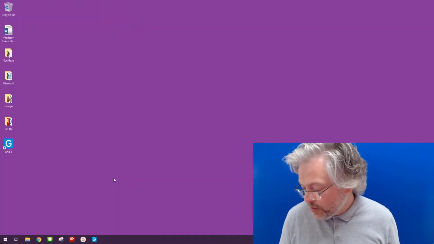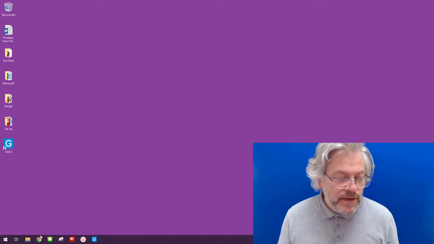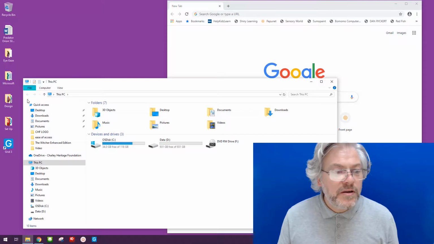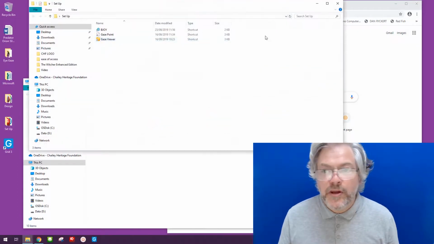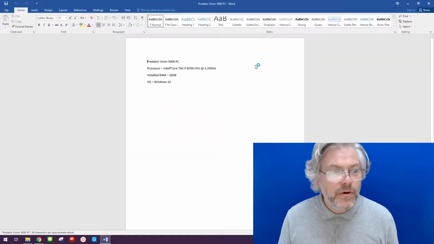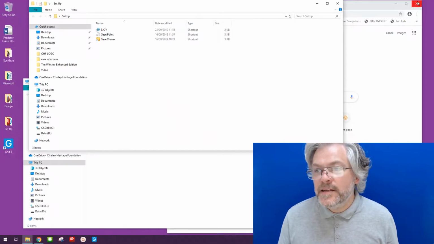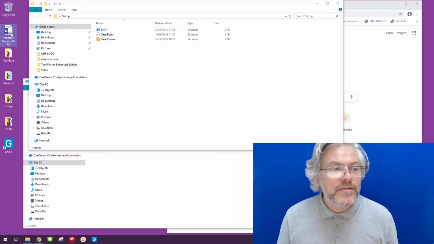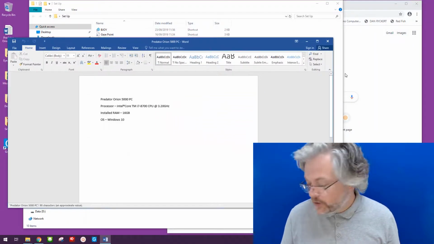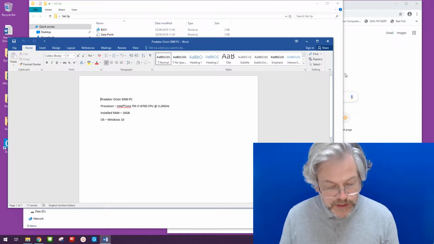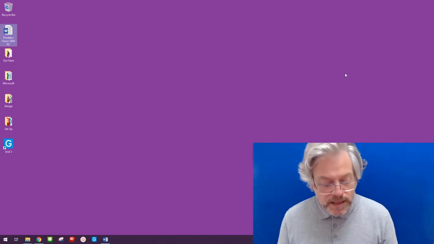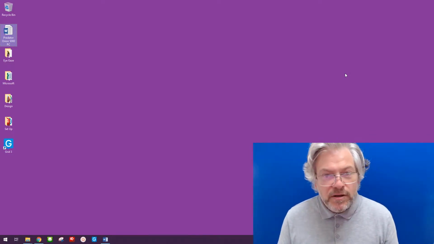Very useful. The next one I wanted to show you, we need to open up a few things here just for this to work. So we're working away, we've opened up a few windows, we've got a document open in Word, the internet's open, and we're looking to quickly get back to our desktop. So again, we press the Windows logo and D, so Windows logo and D will take us back